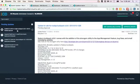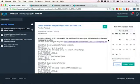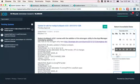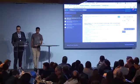pack. So we update that as new technologies come out. We've pushed it to Bluemix Local. Now it's available to the admin to schedule a particular date range, or you can actually set unavailability dates. So here's a blackout period. Obviously with the holiday season coming up, I could say that I want to block out the entire week of Thanksgiving, including Black Friday, and the Sunday, Monday before. What you can do is set this range where the update cannot be applied. Then I can scroll down